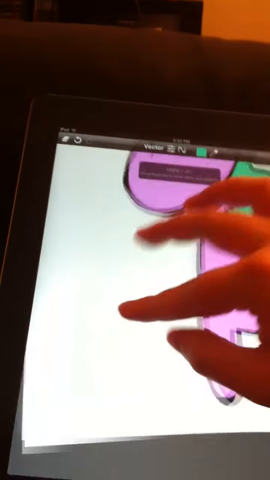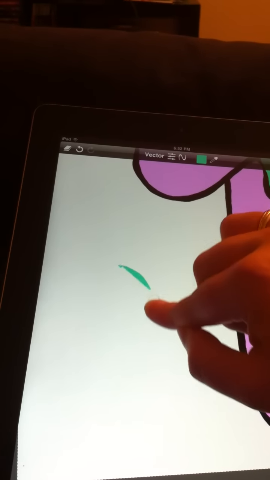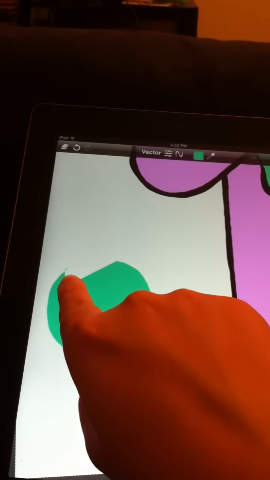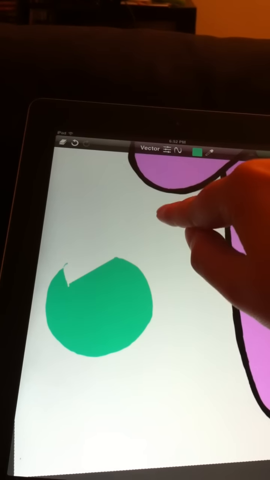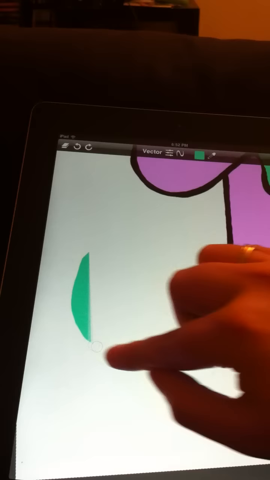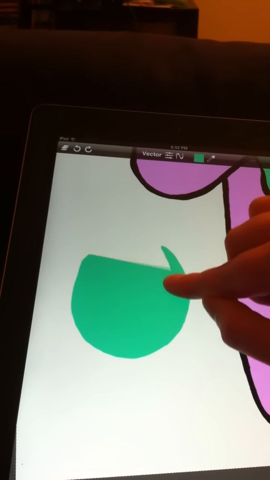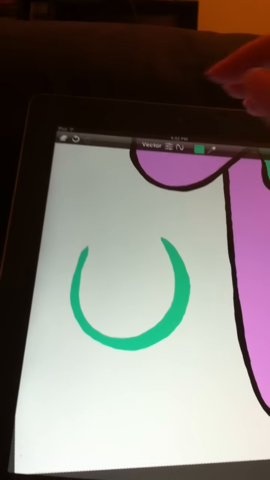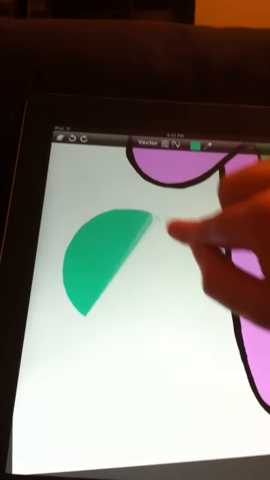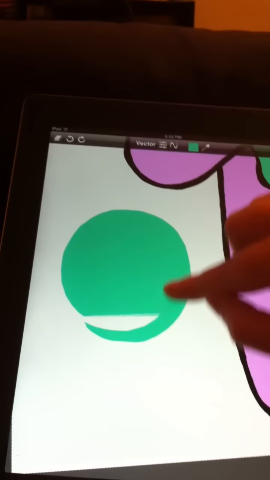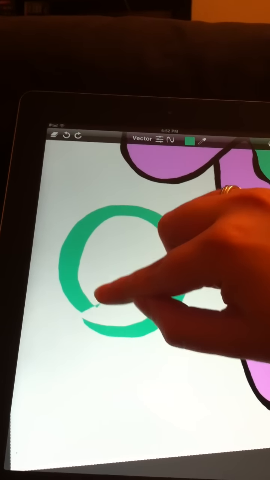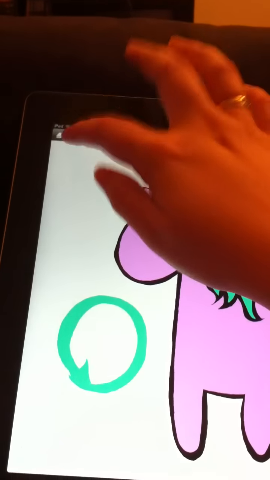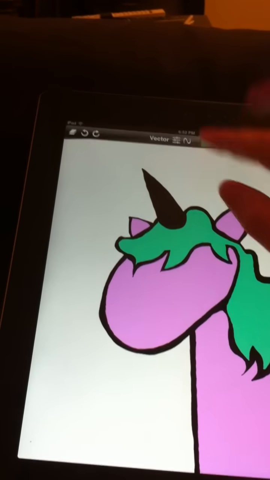So I mean, like, you start here, make a circle, but if you cut halfway, it's just going to fill that entire area. But if you just want a circle of like an outline, you can do it like that. Circle, outline, a little bit of a thing there. I don't really know what that is. Cool. Horn,